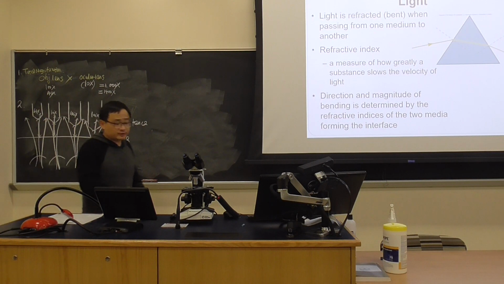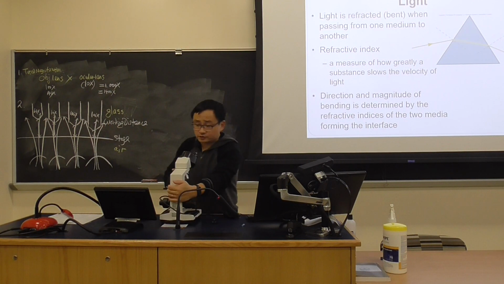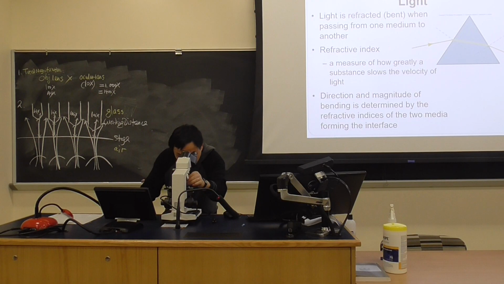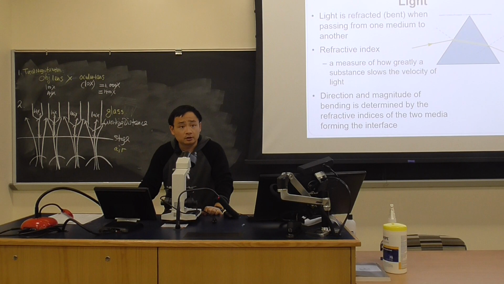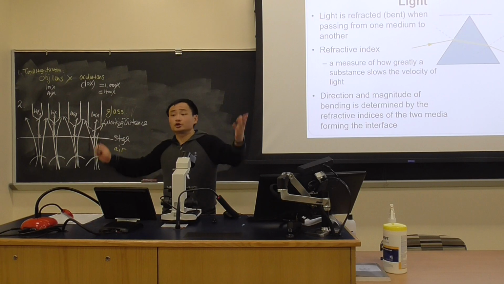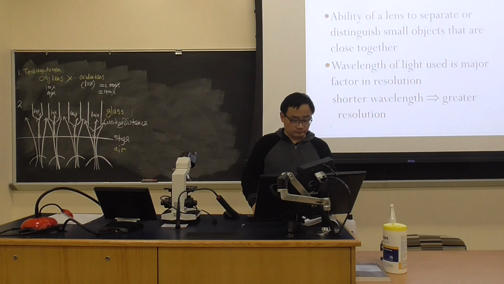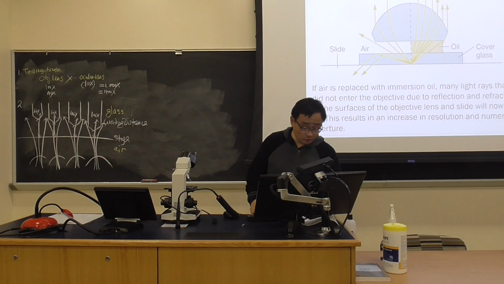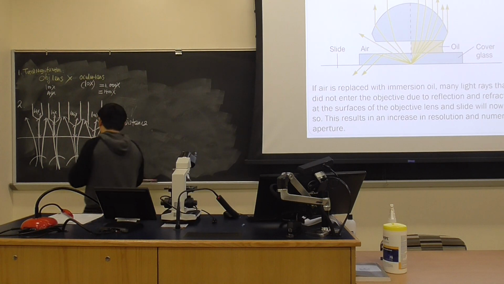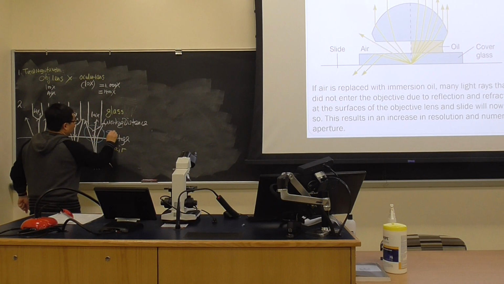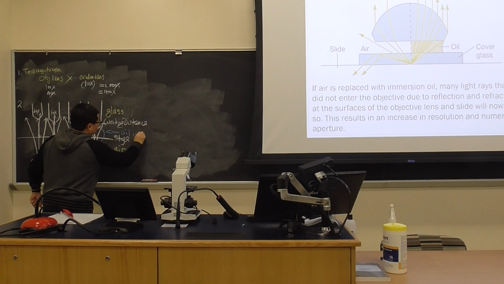So what happened? If you use your eyes here and change from 4x to 100x, let's just do a demo. You feel it is fuzzy. You're not going to get a clear observation because the refraction is increased. So what do we do? Put oil there. We put a large drop of oil. We call it oil immersion.